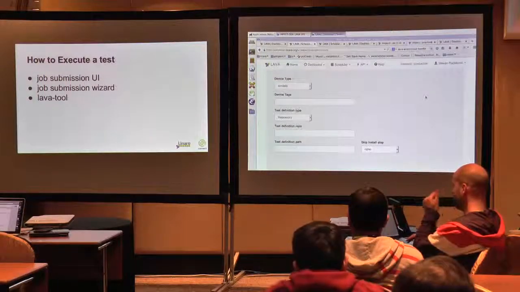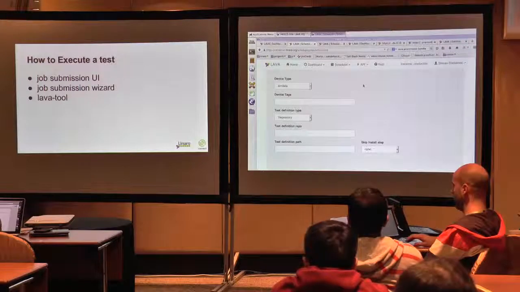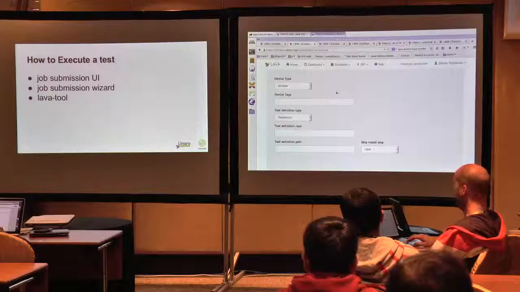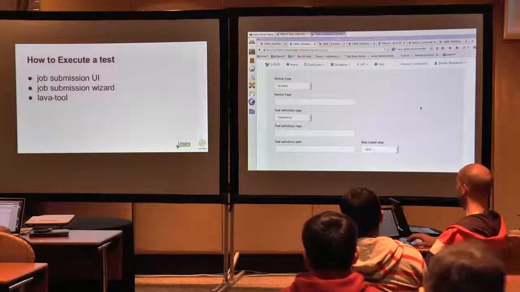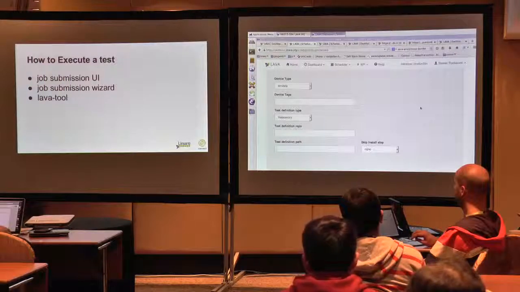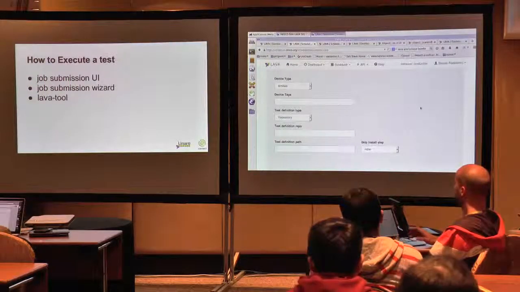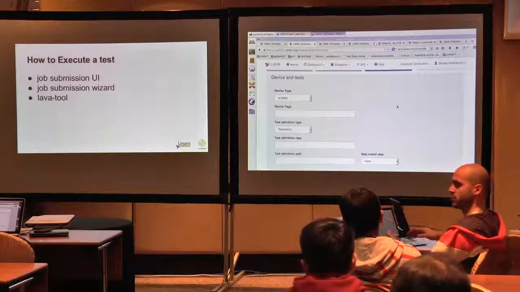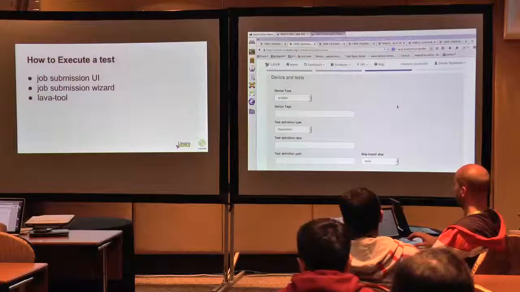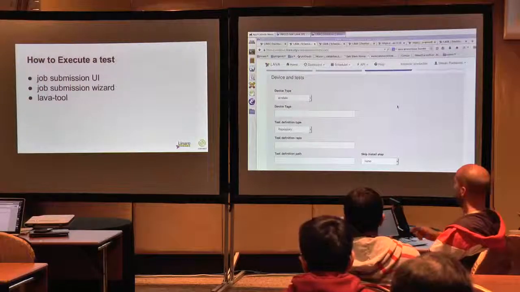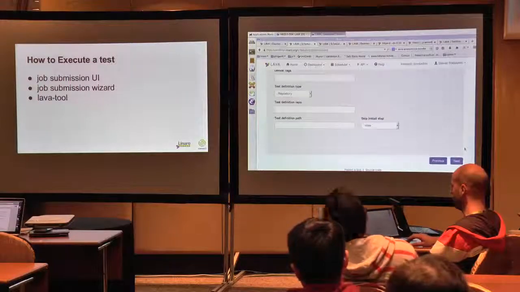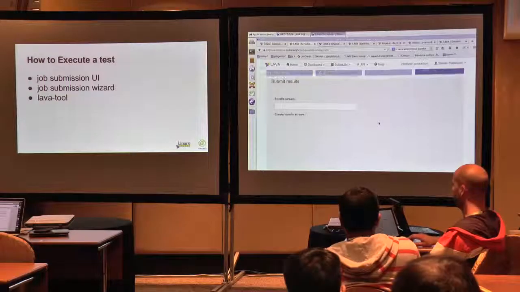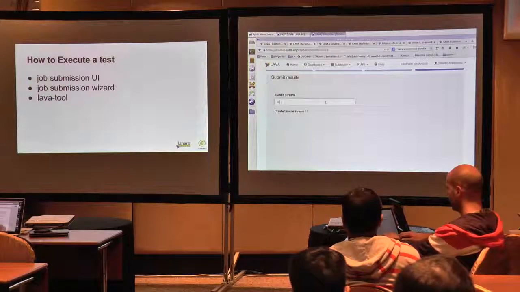So once you've done that, you can specify the device type and add the device tags. This is something we haven't covered yet. For each device, you can add tags, and they're tied to that particular device type. And then in the job definition, you can specify those tags, and then the scheduler will pick up only the device with those particular tags added to it. And in the end, you just specify the bundle stream you want to upload to, and that's all.